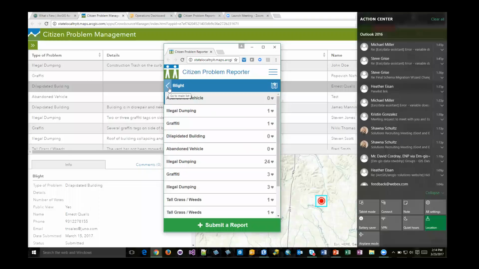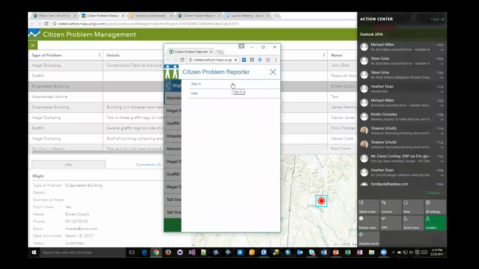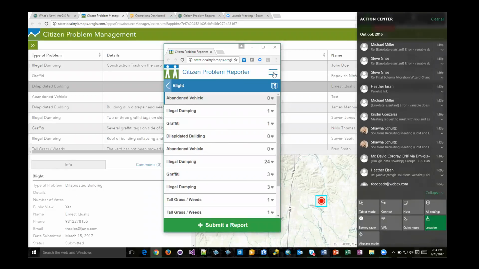As I mentioned, if I were to sign in with my social media credentials or maybe my ArcGIS credentials, I would actually see all of the reports I submitted and the status of those reports. But in this case, I just signed in as an anonymous user, and so I don't get to see that information. But that's Citizen Problem Reporter. The idea is a real focused application that allows the general public within your community to identify reports that have already been submitted, maybe comment on those existing reports, or ultimately submit new reports so you can begin to take